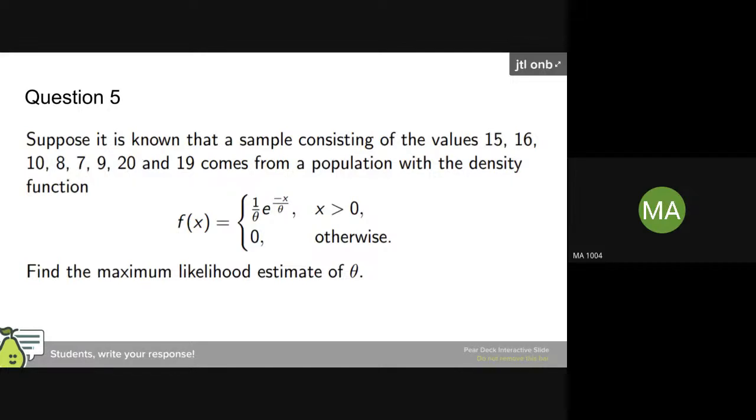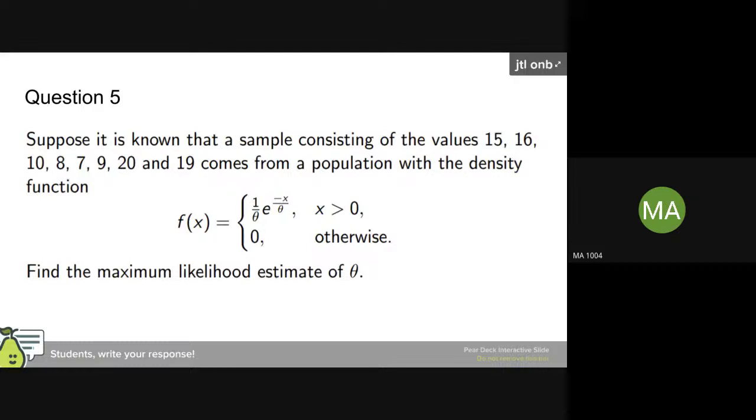So yeah, solve this. Maybe if 5 minutes is not enough, I will give you 2 more minutes, some 7 or 8 minutes, because this is the last question I have. So take your time, but try to solve it. We have done 2 problems on maximum likelihood already, so by now you know what is step 1, step 2, step 3 to complete this maximum likelihood.